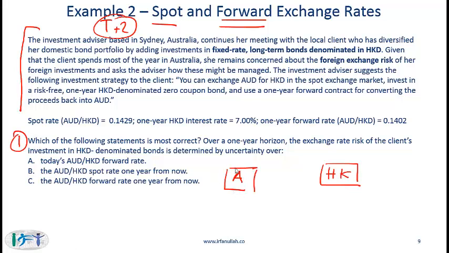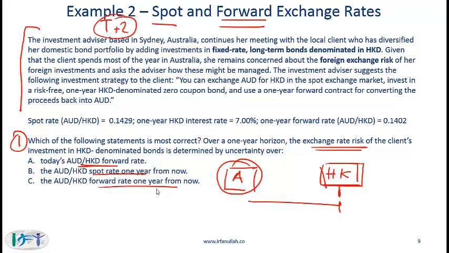Here is the first question. Remember, our client is based in Australia. The client has invested in a bond that is denominated in Hong Kong dollars, and let's say that the client wants to liquidate at the end of 1 year. From an exchange rate risk perspective, what is the client concerned about? Is he concerned about today's forward rate, the spot rate 1 year from now, or the forward rate 1 year from now? If this is time zero, what the client is concerned about is the spot rate 1 year from